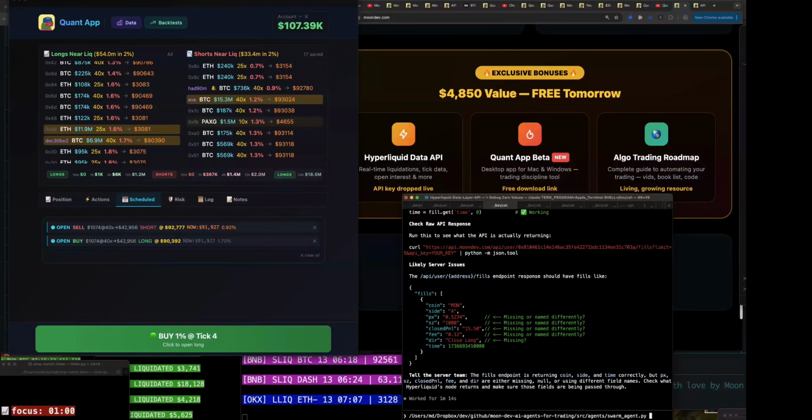All right, so I have this swarm agent here, and essentially you can go ahead and fetch that entire GitHub. You can assume the OpenRouter key is in my current ENV with the Hyperliquid data layer. And essentially what I want to do is bring in this swarm agent. Now we'll add this swarm agent